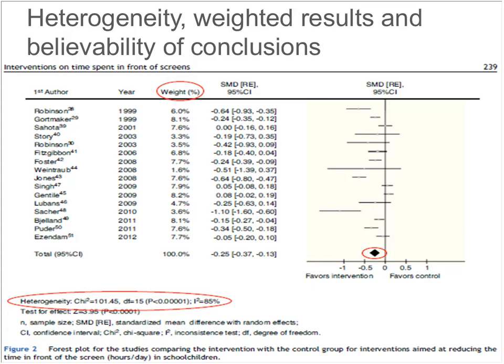to determine whether or not it's appropriate to create this diamond by assessing whether or not these results from each study are similar enough to each other that it still makes sense to aggregate them. We do see here that we have some issues. We have at the end of the data that's in that red circle under heterogeneity, an I-squared equals 85%.